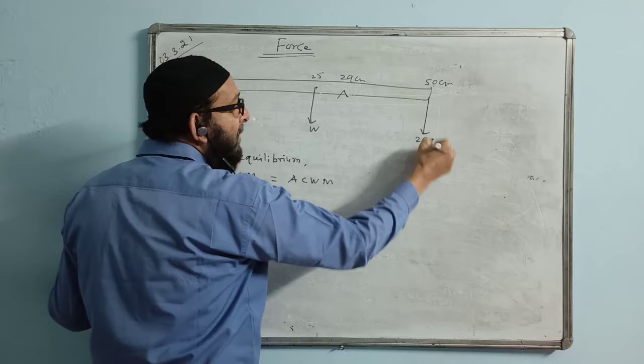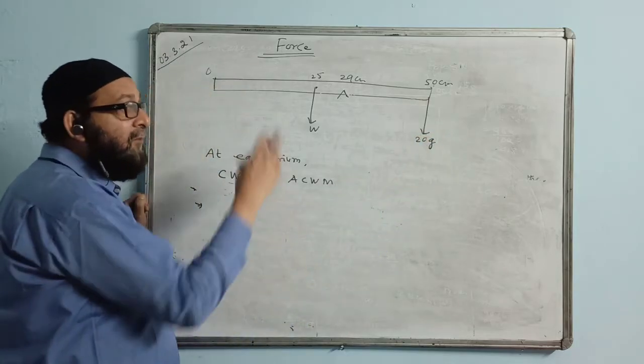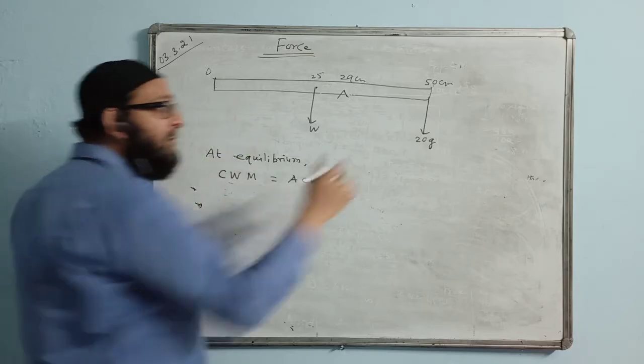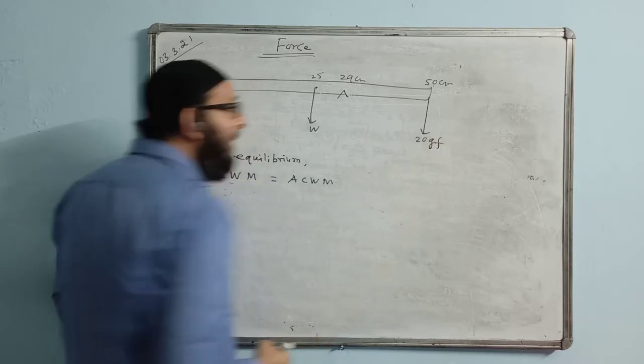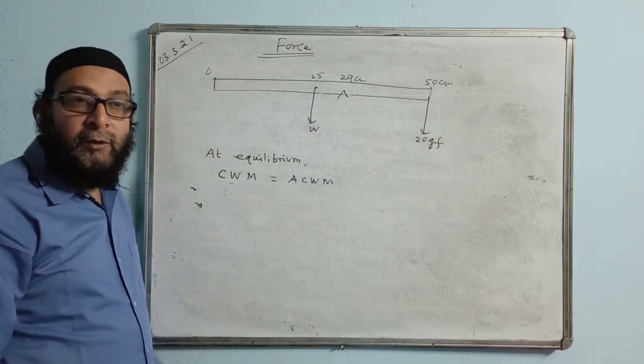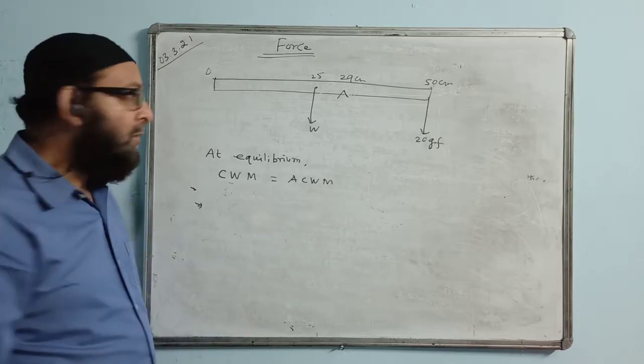Mass of 20 gram is given, but we change this into weight because mass is not a force. Weight is the force. We are changing into force because the moment formula is force into distance, not mass into distance. That is gram force. 20 GF you have to write in the diagram. We will not write 20 gram. Mass does not have a direction also, so we cannot mark the direction.